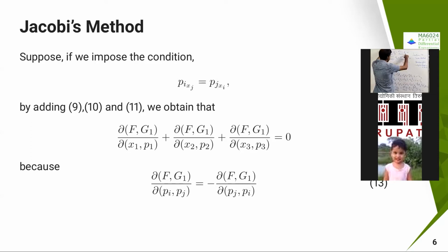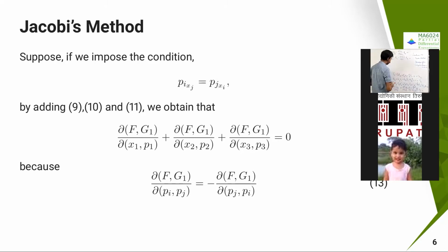Similarly, for p3 x2 and p2 x3, I'm going to give the same assumption, because I have pi xj equal to pj xi. These two are equal, and this differs as p3 p2 here and p2 p3 there. Therefore, they differ by a minus sign, so once I add, these two get cancelled. Similarly, p1 x3 here and p3 x1 there are equal, with p1 p3 here and p3 p1 there, so these two get cancelled once I add them. Because of this determinant property, I'm going to have it.